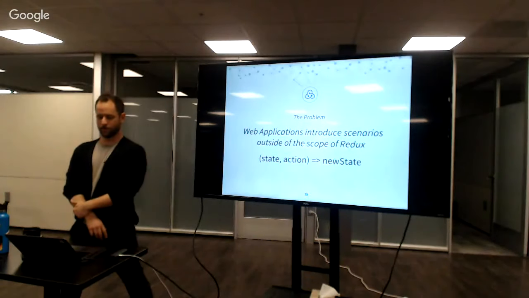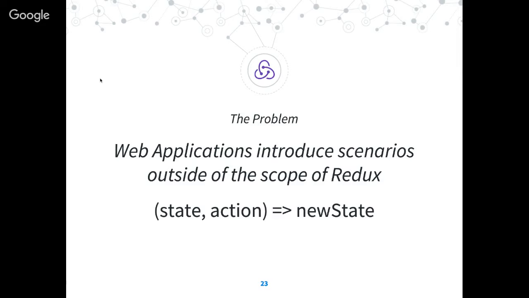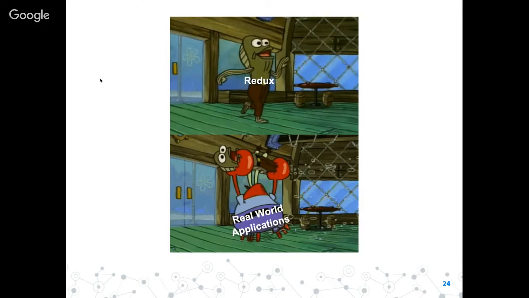And so I think the problem at the end of the day is web applications introduce scenarios that this simple formula or simple reducer pattern doesn't always solve for. I learned this the hard way. The last time I built a major Redux application, I tried doing everything in just Redux because functional was so cool. And I think you need to recognize that there are certain things Redux isn't good at, and augment that with tools that help make what needs to happen inside of your application. So there's Redux on its own, but then there's the real world.